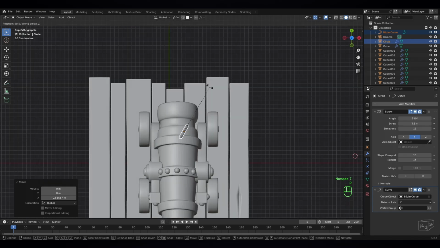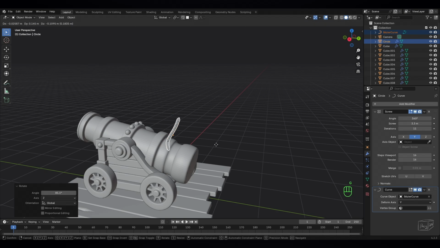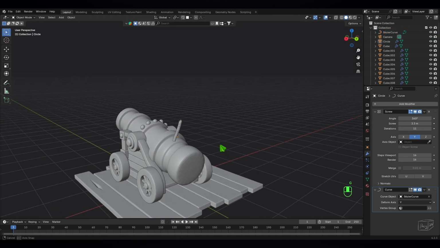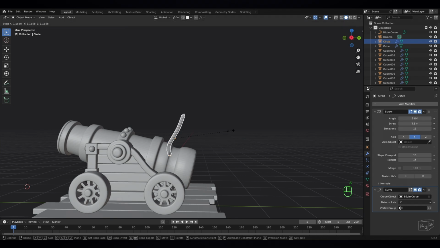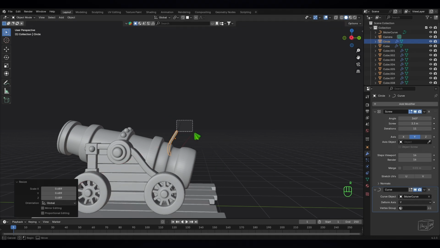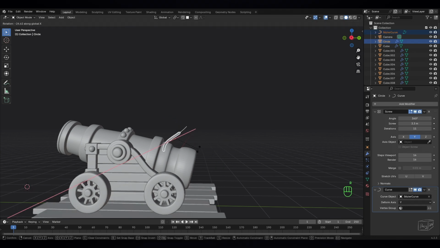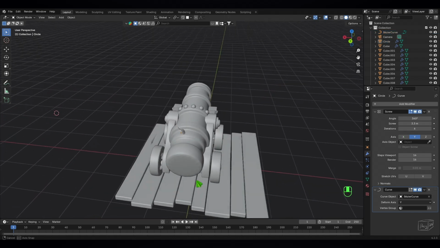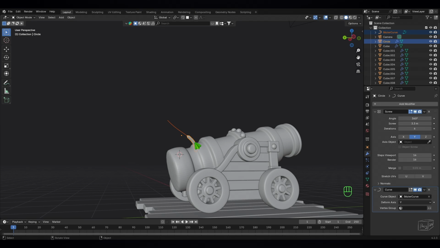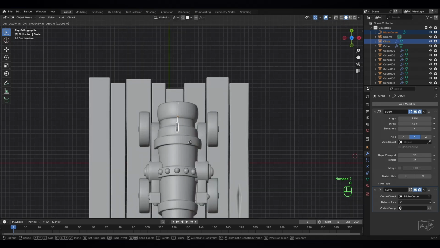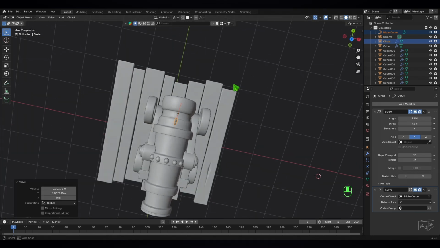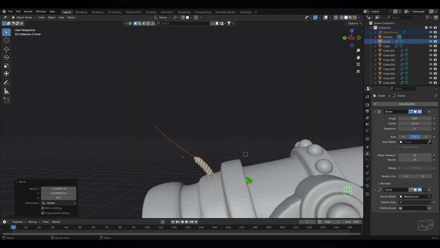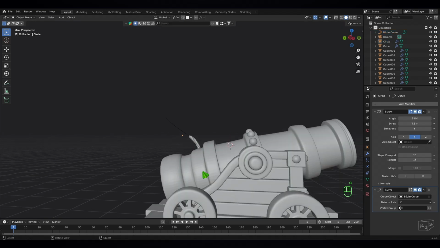I'm gonna rotate it to this side, something like this. Was okay. I think we have to rotate. Nope. Select, rotate, scale it up, and just remove this one. I think I didn't put it on center. Let's put it in the center and move it up a bit. And